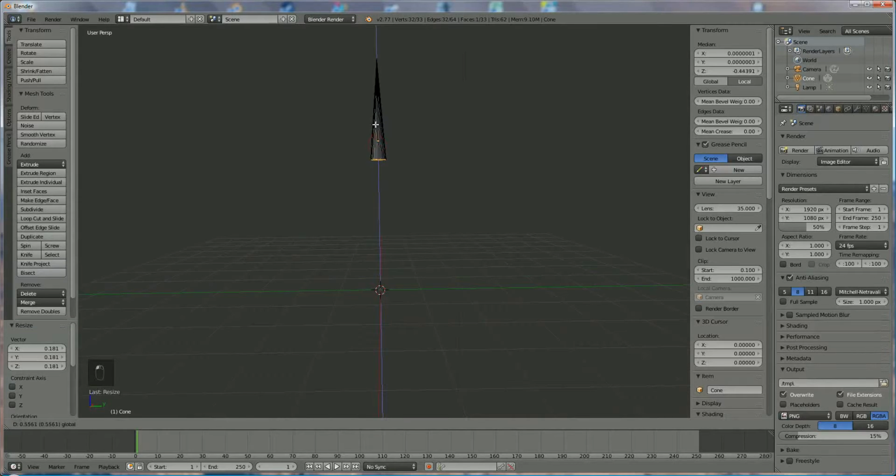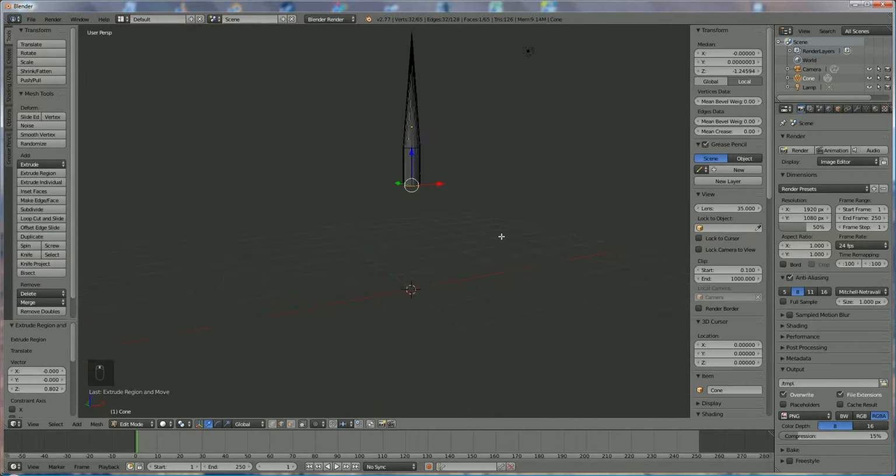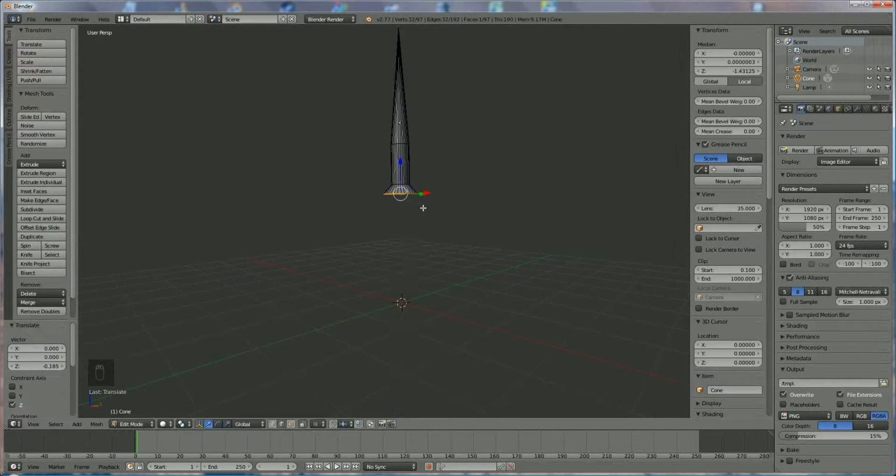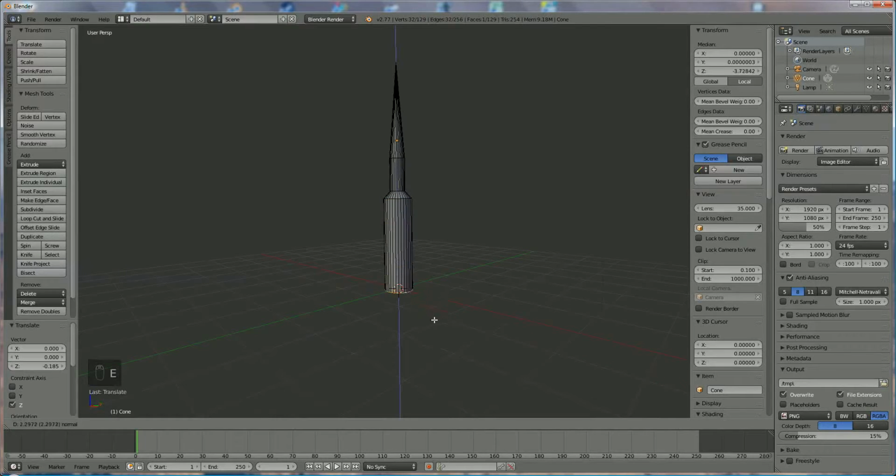Probably it's too large. Okay, then we have a little thing that's cylindric, so we press E. That's the top of the dart, and what we're going to do now is make the rest. So we press E S to enlarge it a little bit, like this, and bring it down a little bit. And now we're going to make the cylindrical part. E to extrude,